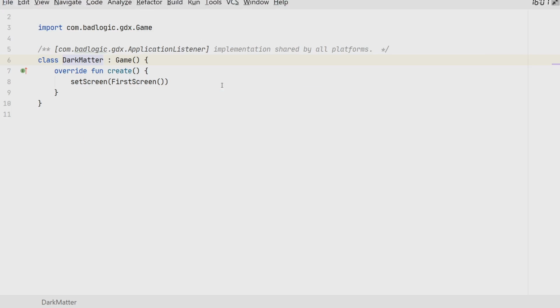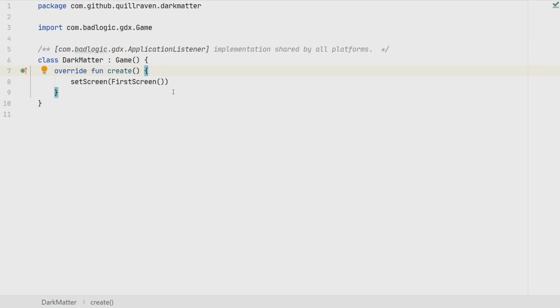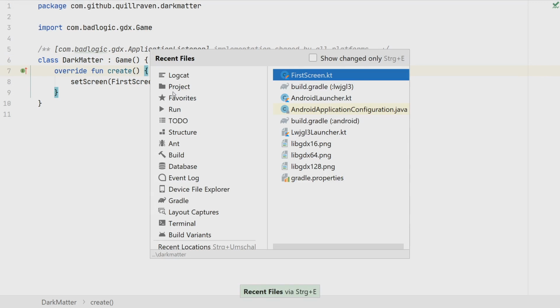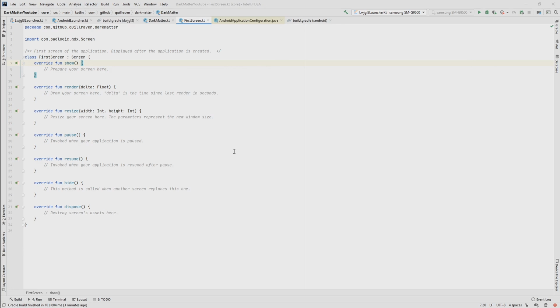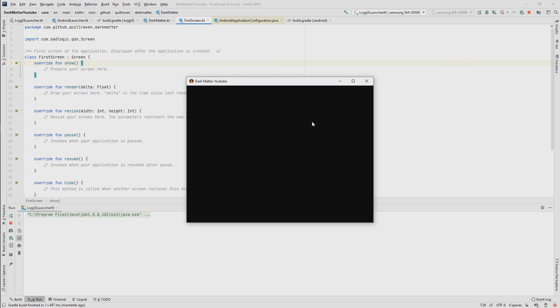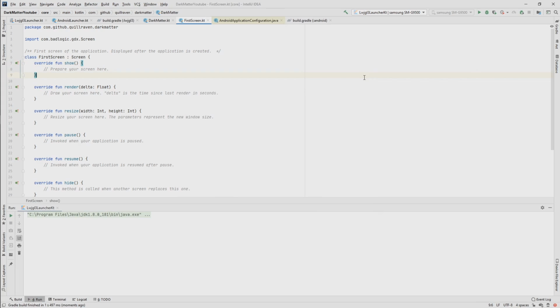I would say for the time being, because we actually change this part in the next part when we use the first KTX extension and also the first screen, we will also leave it like that for the time being, because that will be replaced very soon. And now let's see if we did everything correctly and if we can still run it. Looks good. We get our black window, and that is actually what we wanted. Perfect, that's it for the first part.